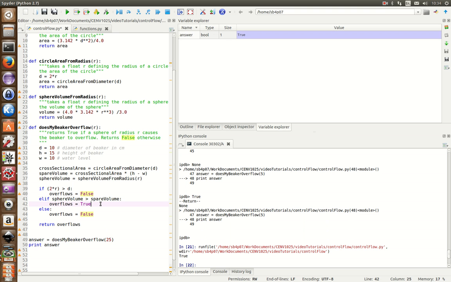So I could have another elif. If you've got something with one of 5 or 6 options, you just keep adding elifs, right? And it keeps testing each one in turn until it finds one that's true. And when it finds one that's true, it executes the code and then it drops out to the end. And it only makes it to this else statement if it's tested all ifs and elifs and none of them are true. And this is quite important, and the order is quite important as well, because